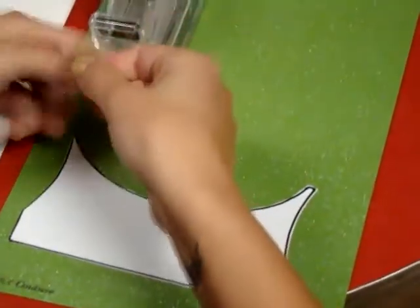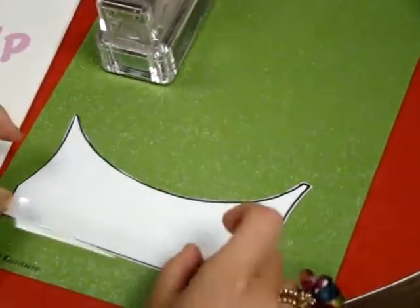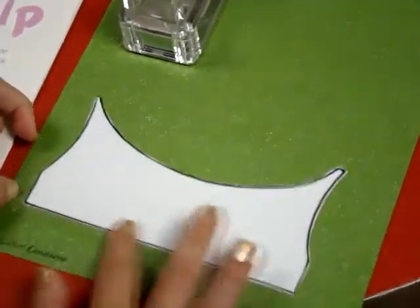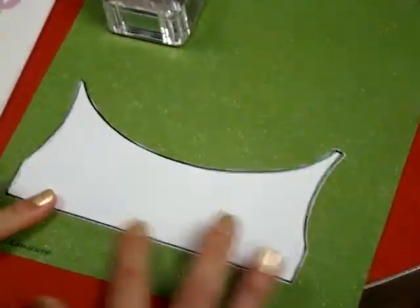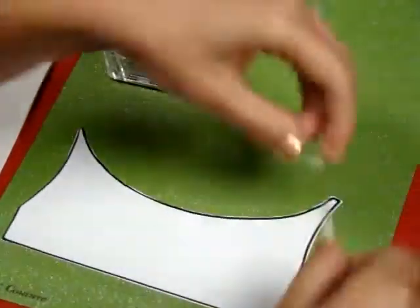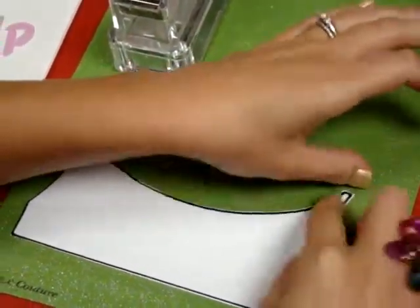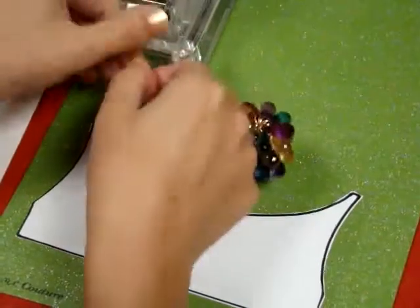And what I'm going to do is take a piece of Scotch tape, a clear tape, and just tape it right along the edges. Press it down, make sure it's on there very good. Make sure every single edge is covered, because what we're going to do eventually is cut along the edge, and the tape actually acts